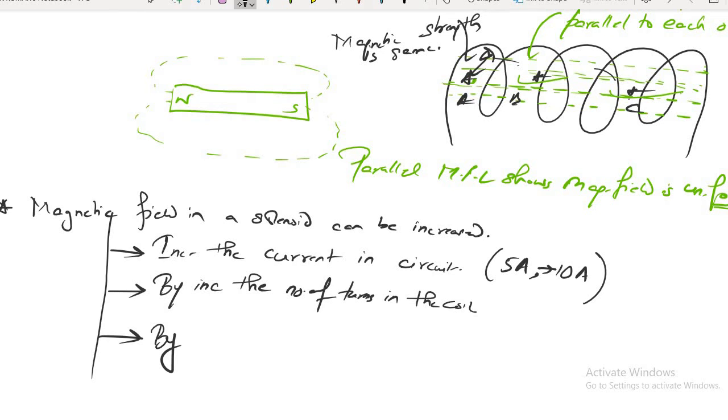The core soft iron material which is used for making the solenoid. Navaswan, material aspects we will not discuss. We are using copper wire. If we change the type of wire, surely it will affect. But do not write this point in your examination, because this point is not mentioned in your NCERT.